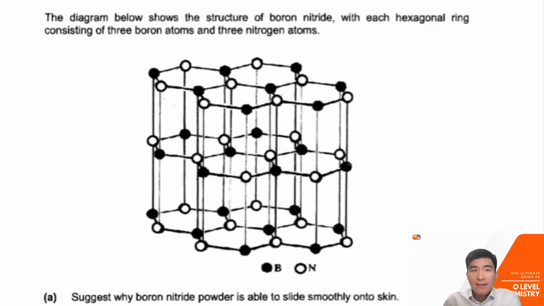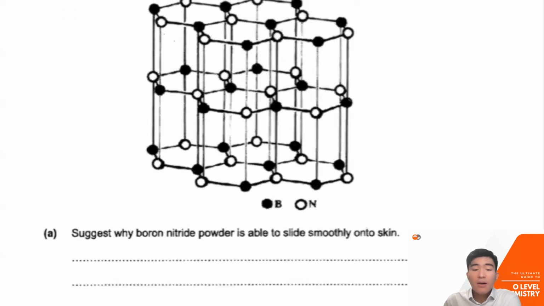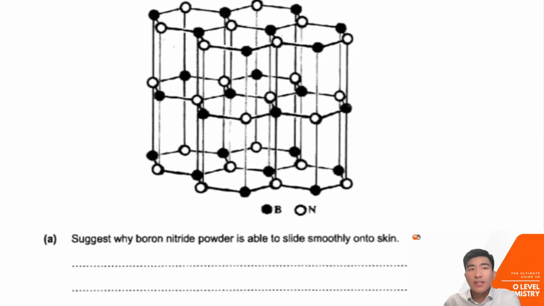Now, in A, they are asking you the property of a hexagonal ring arrangement. They are asking you to bring your content that you know about graphite into applying it for this case. This case is where we see the same structure, but for different elements. So does the concept change? No, it doesn't. It still stays the same. So when we are asked this, we just tell them that because there are layers of hexagonal rings,